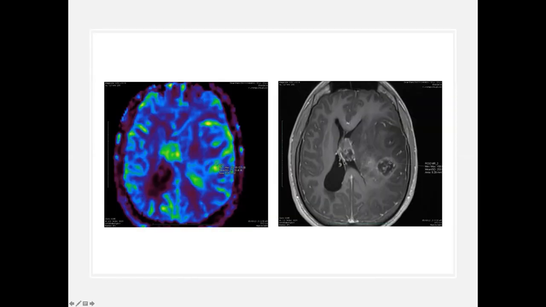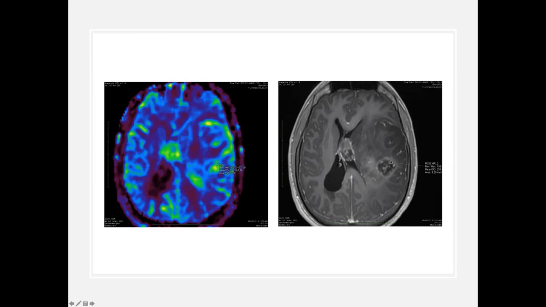Actually, these are not two different images. We superimpose T1 post-contrast with the CBF or CBV map. For technical reasons, so that it is easy to understand, I am showing them as different images. Otherwise, they are superimposed images. When I slide my cursor to the right side, I get T1 weighted images on that image. When I slide my cursor towards the left side, I get perfusion maps on the same image. So what is the use? I nicely localize my tumor here. I nicely localize what I want to see.